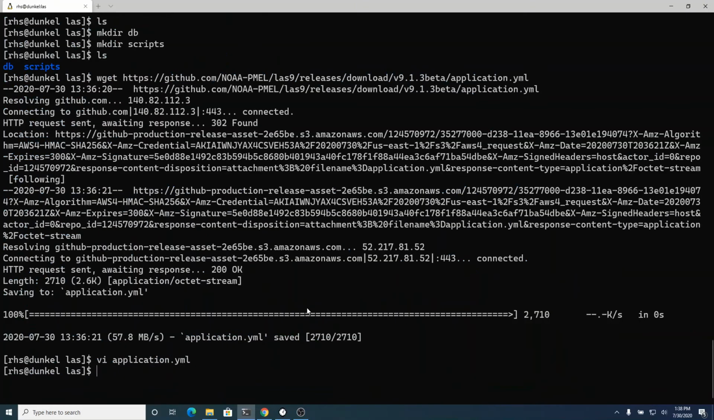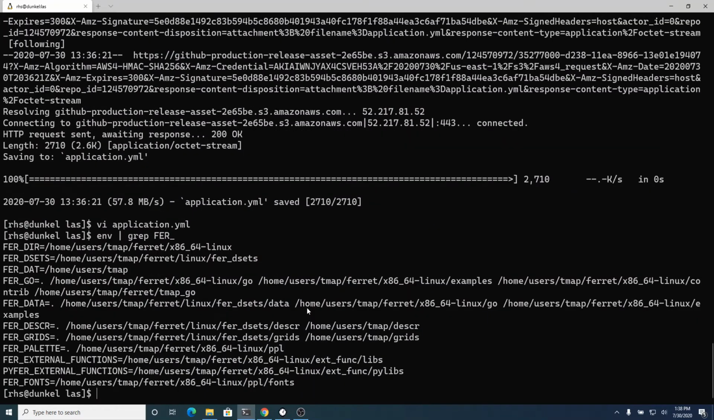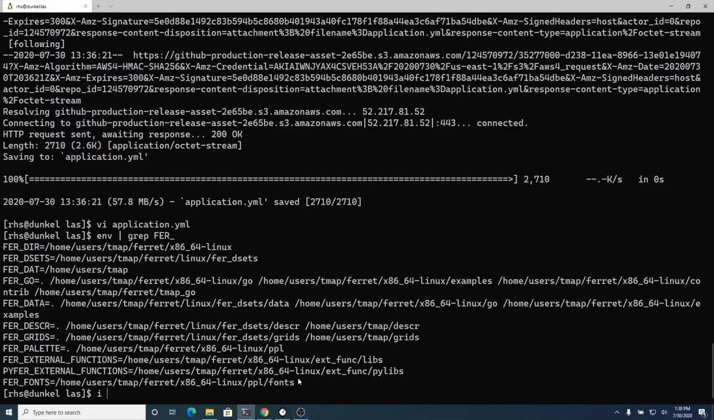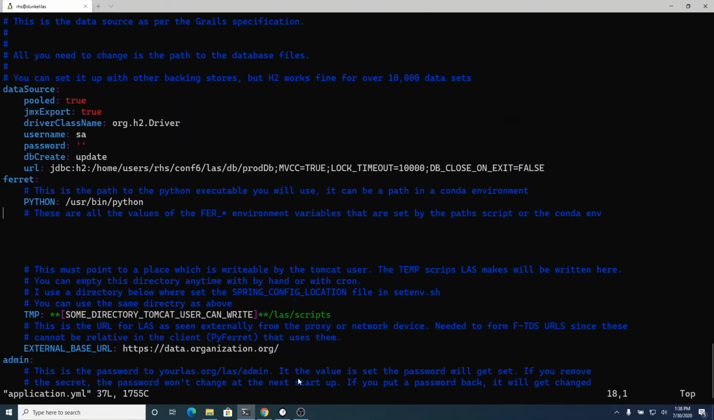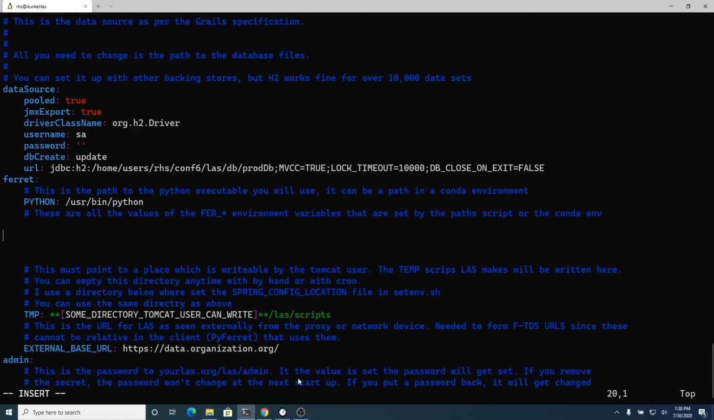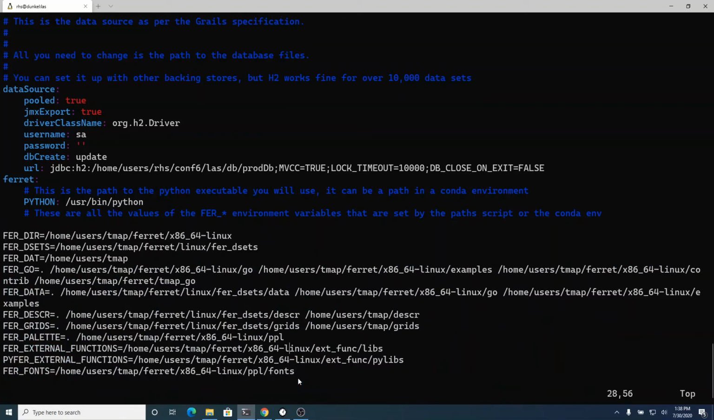So let's see. I just depend on the environment that's set up by the Ferret team on this server. So if I say env grep fir, there they are. So I'll just grab all those and put them into this file. Oops, not what I wanted. All right, so